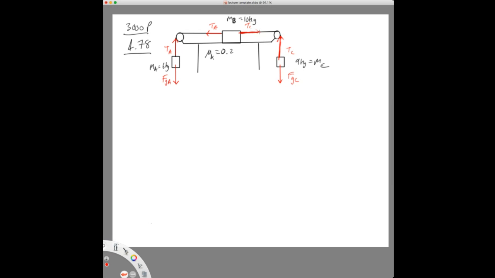This is not really necessary, but it does help us conceptually to avoid mistakes a little bit. And so the force of gravity A should be a little smaller than TA. And the force of gravity C, I should draw that. So I went and said I wasn't going to be careful about this, but I changed my mind. Okay. Now, additionally, on mass B, we have a force of gravity